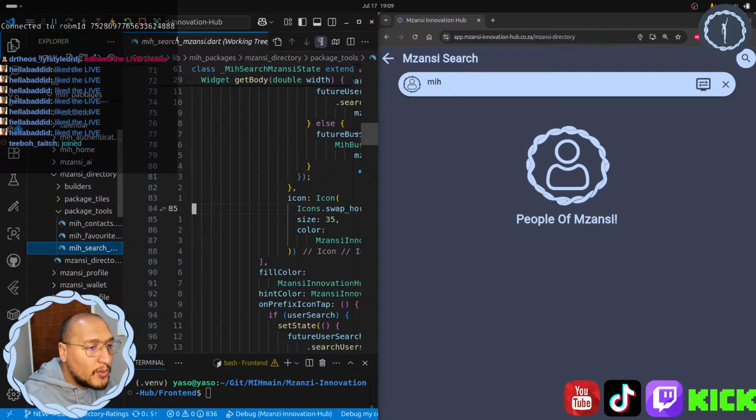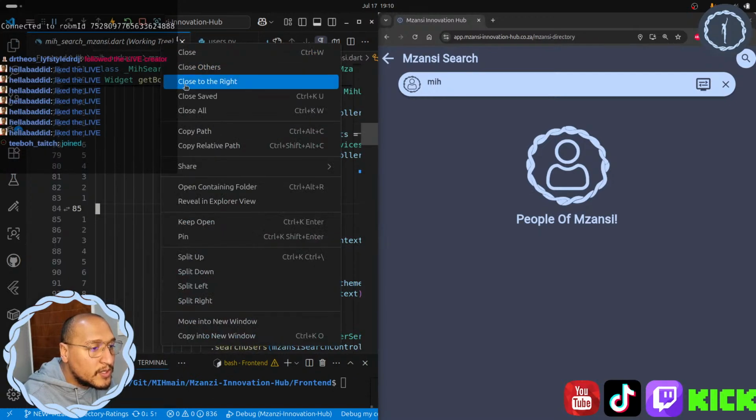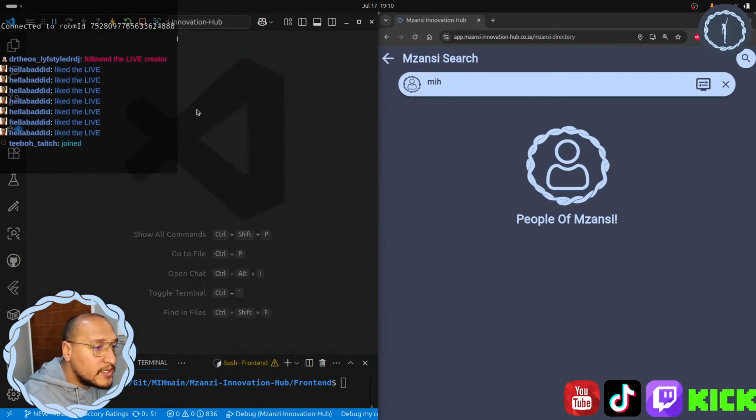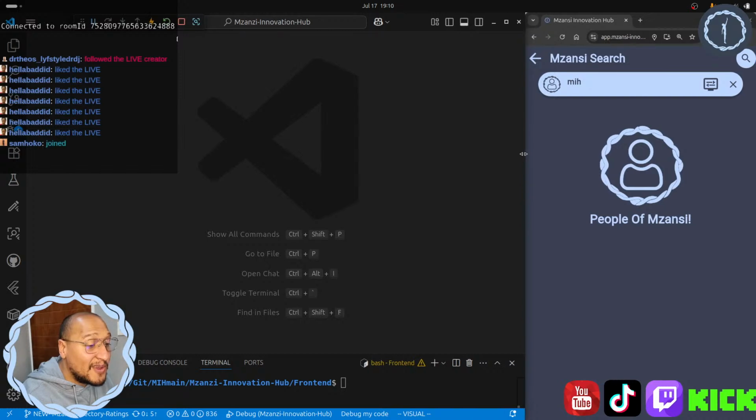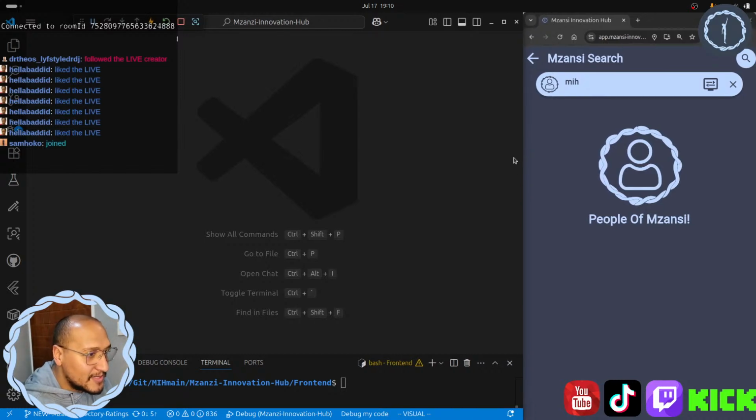So I'll show you what that error was. If we were to close all of this, I also made a few changes to the search algorithm that we are using. I don't want to call it an algorithm because it's not really an algorithm. It's just a standard select all statement, but we tweaked it a little bit to look for specific columns and not